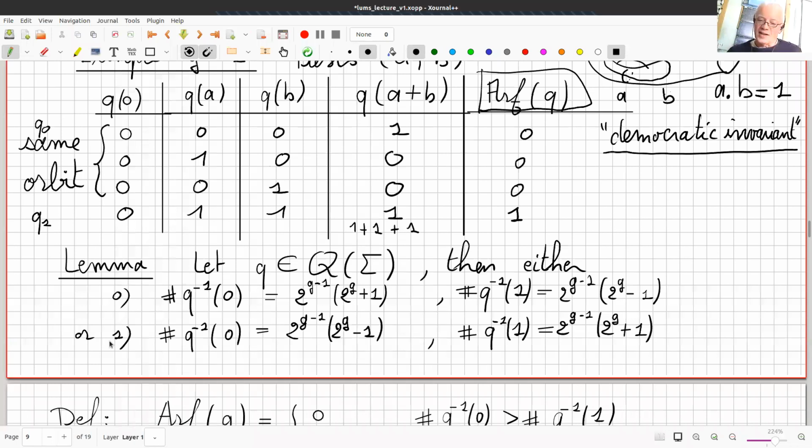And the definition of the half invariant, half of Q, is this democratic invariant. The value is 0 if you take more times 0 than 1, with majority. And the proposition is that finally selecting